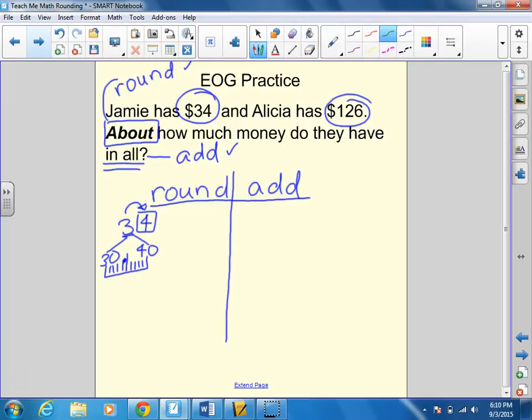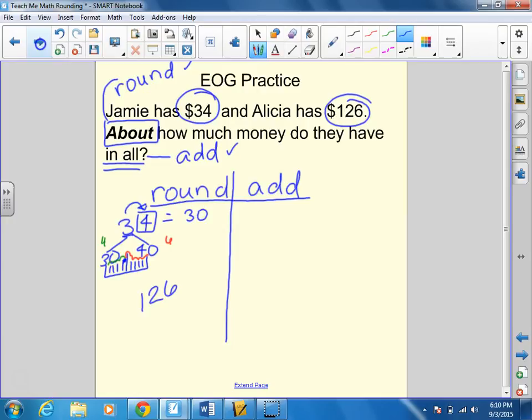And know that 34, if we go to the left, is 1, 2, 3, 4. 4 jumps to the left, and it is 1, 2, 3, 4, 5, 6 jumps to the right. Therefore, 34 rounds to 30. Be sure to tell students that just because they round one number does not mean that they're done. We must now round the next number,